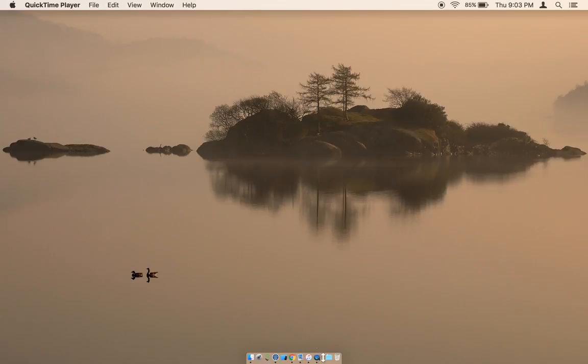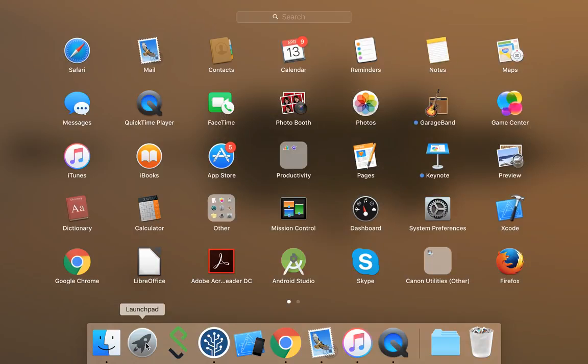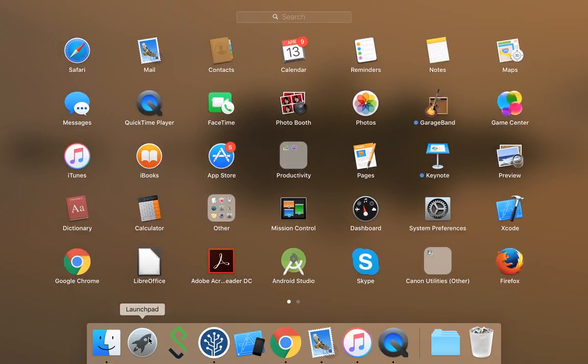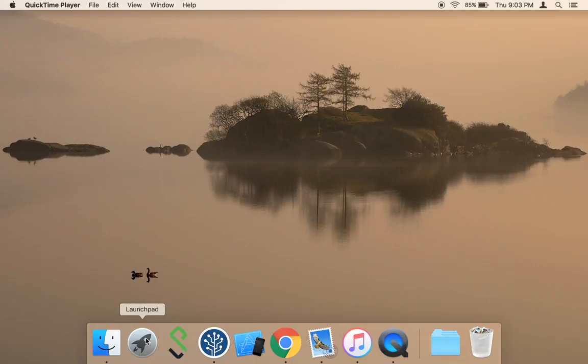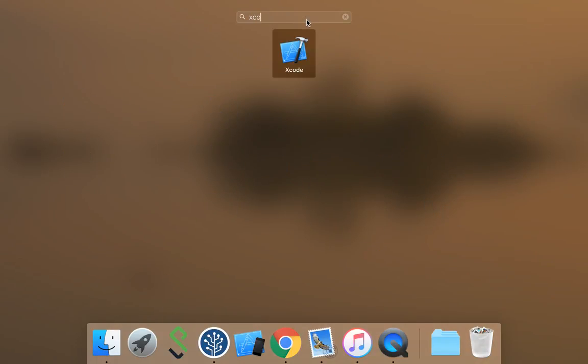On the MacBook, the launchpad is the main one, which is equivalent to the Windows start menu, where you can find all the apps. It is like your home button. Click on that launchpad, and you have a search, where you can type whatever you want. The app which you have installed will be available here. My Xcode is already installed, so I'm going to open my Xcode here,